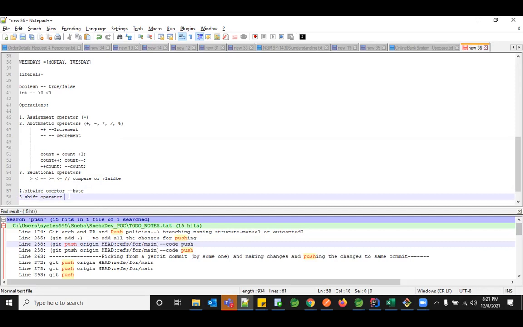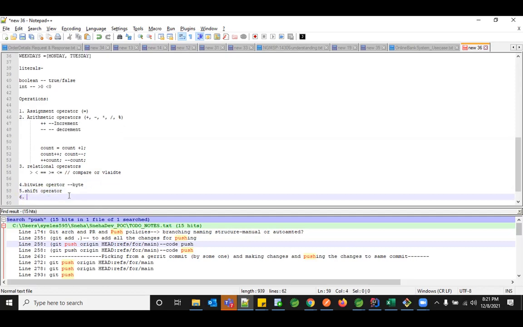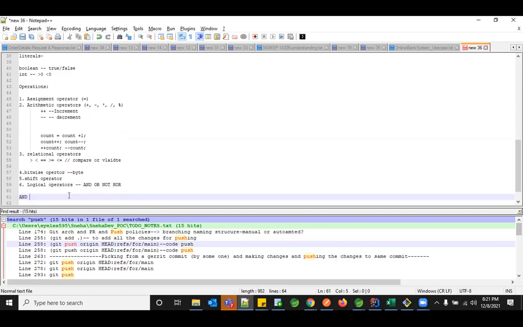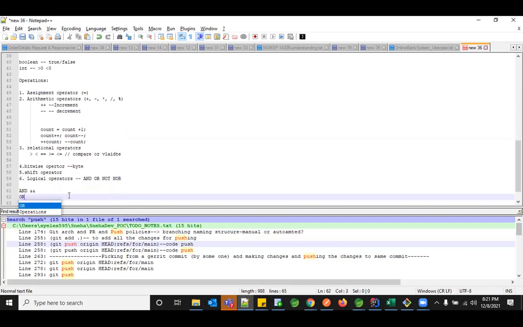So there's also one more thing called logical operators. These are the AND operator, OR operator, not. This is something you'd have learned earlier. So basically AND is something we use often, which in Java we represent with double ampersand. And for OR, we use 2 symbols like this. Okay. And why do we need this?